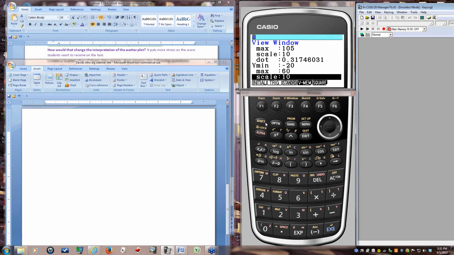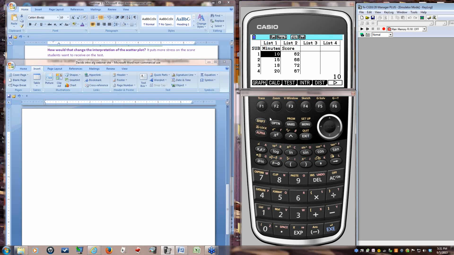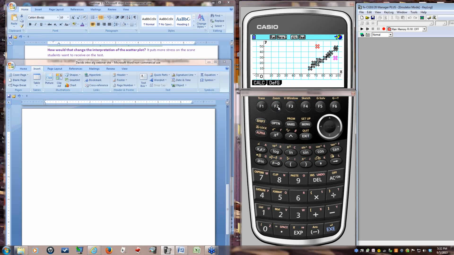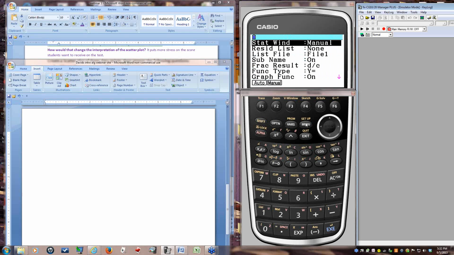One of the things I've done, and I need to check how the calculator is set up. So I'm going to go back to the graph 2. That draws it. Okay, it's set up with that. One of the things I really needed to do at the beginning for both setups is I need to make sure that when I'm in statistics that I'm in manual mode. I'm not going to shift it to automatic. Automatic, I would not have seen either axes, and if I'm going to use modify, I really need to see both axes. So it's in manual mode.